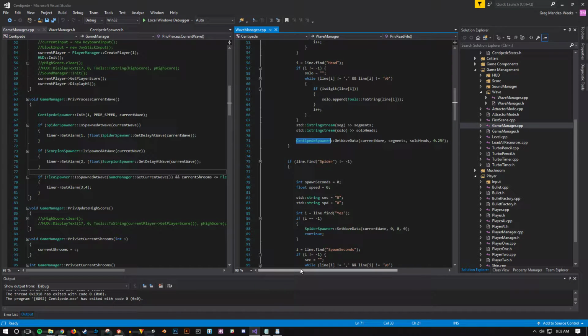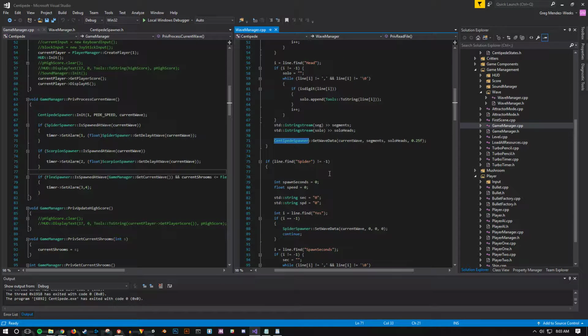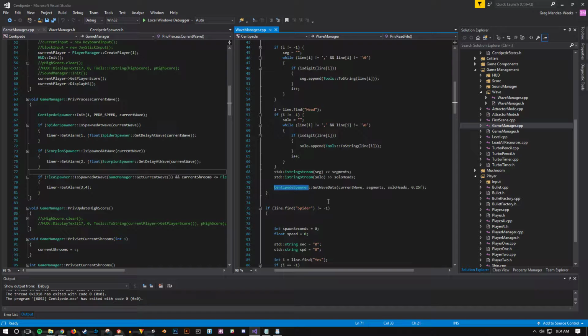Okay, so what this does is basically talk to all of the spawners for each critter, and it calls a method getWaveData. So it just sets all of those arrays that I mentioned before. It sets data for each array based on the actual wave itself. So the game manager